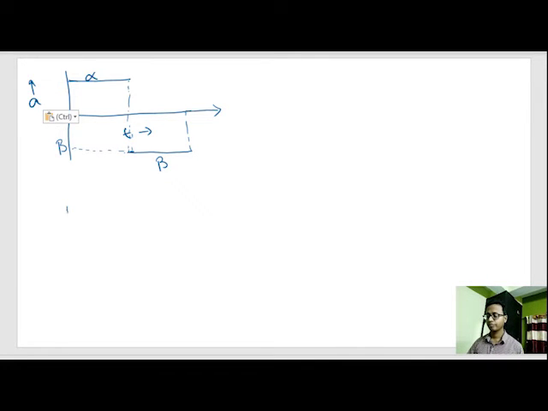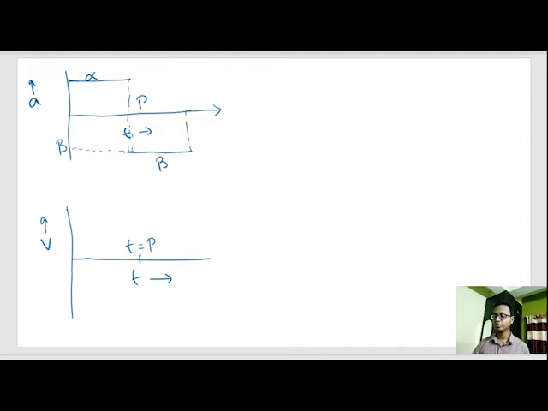So this is velocity time. Okay, so till t is equals to p seconds,